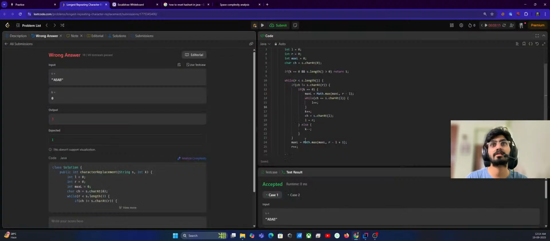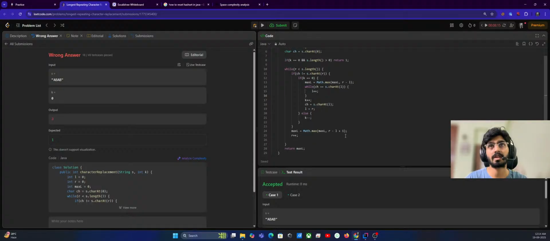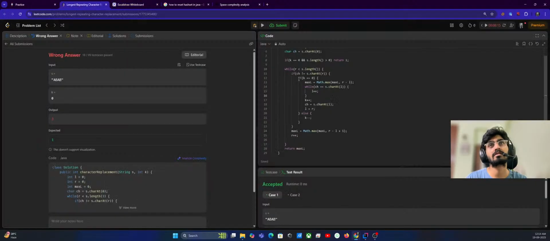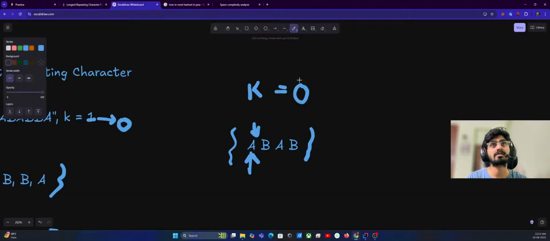At that time we will just take the length, which will be right minus left plus 1. It will become 1, and we will increase it. At that time it will check that